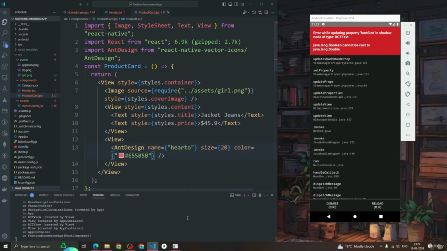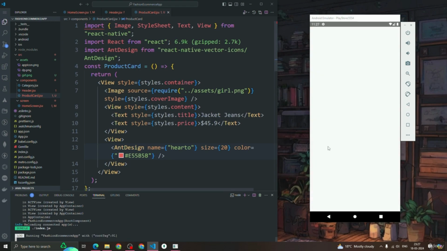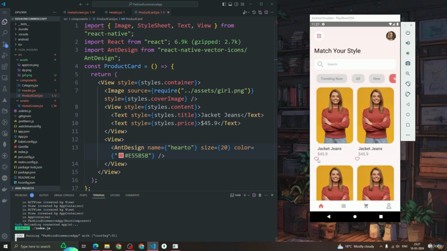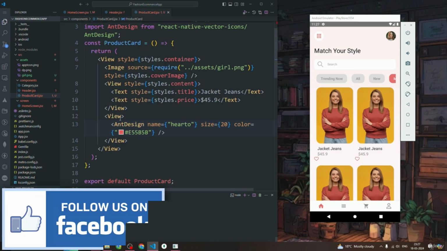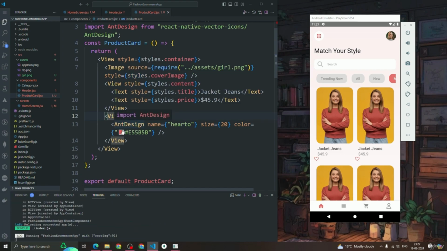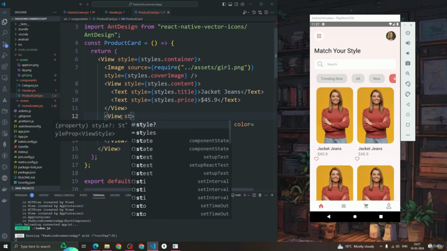And if I reload this app and check it out, you can see that we have a heart icon with the color of red. Now what we want is for this heart icon to be on the top of this image. So we have to do some positioning. We have to play with the position. To play with the position, what we have to do is write